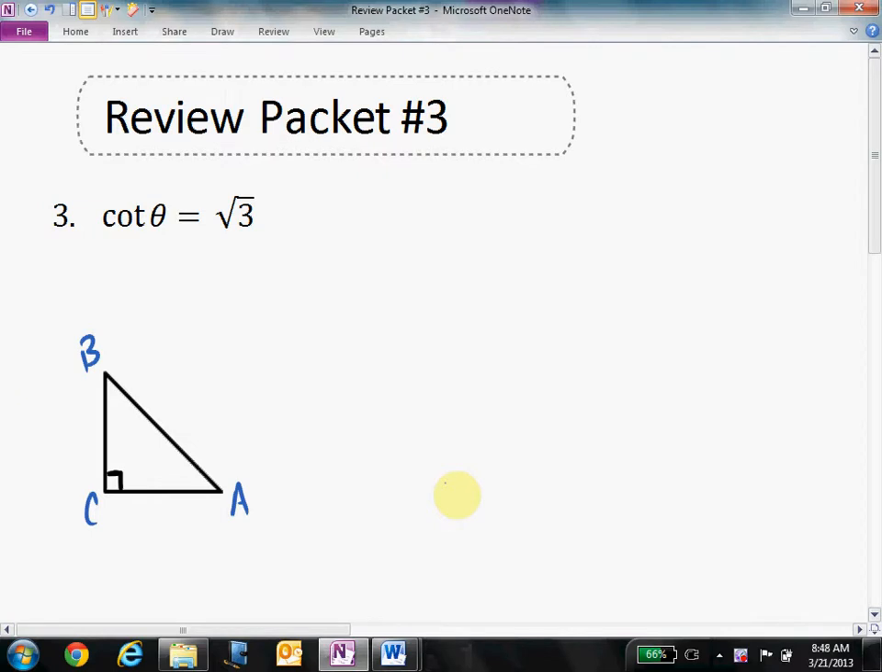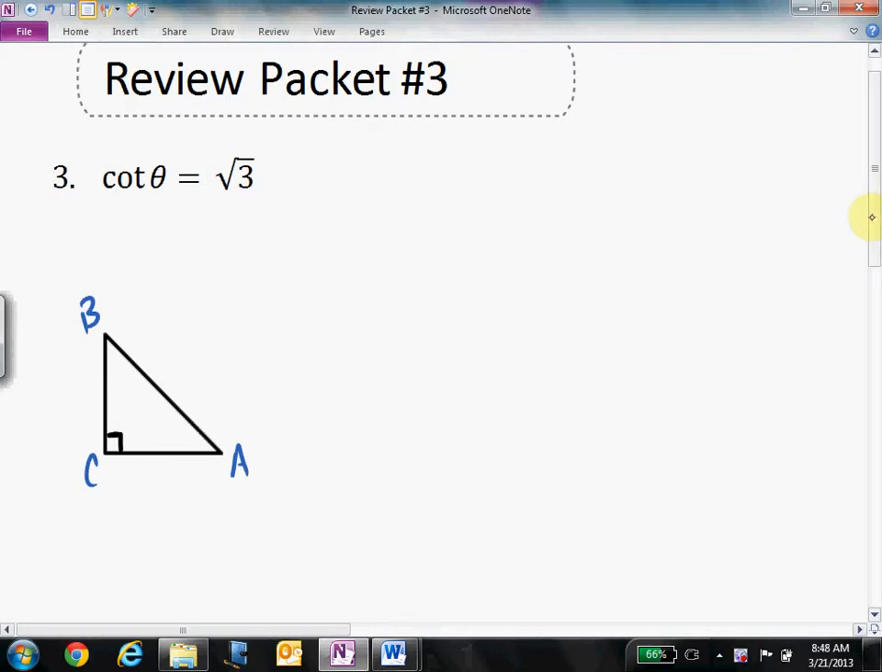Okay, we've got problem 3 of the review packet, and we want to again evaluate the other 5 trigonometric functions of theta, given that the cotangent of theta is the square root of 3. So I've drawn myself a triangle, labeled it A, B, and C. I'm going to designate angle A to be theta,